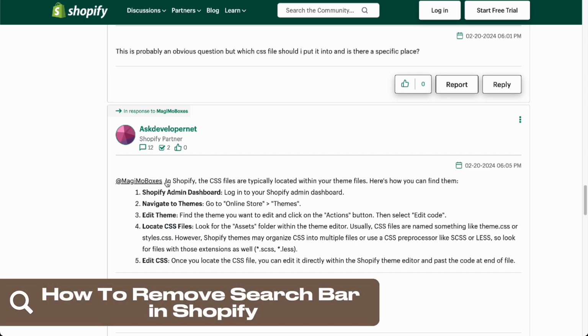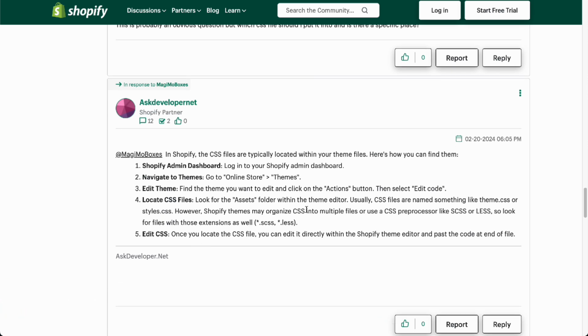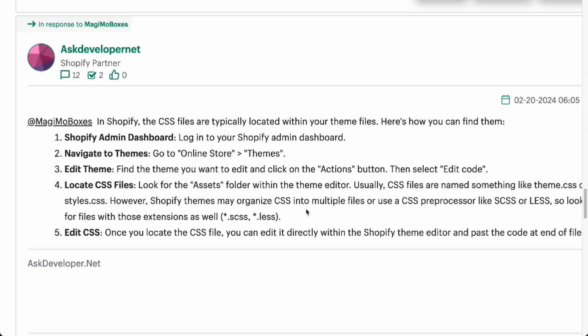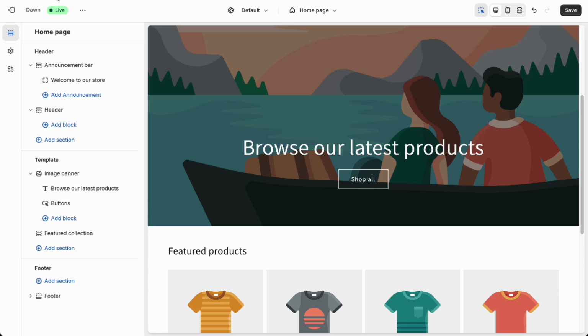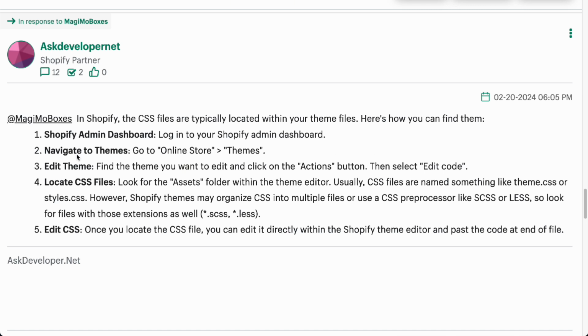So right here we are in Shopify community and I've found one already where we're discussing how to remove an actual search bar in Shopify. So in Shopify the CSS files are typically located within your theme files. So when you go to your theme files right here, you want to look for whatever you're trying to remove